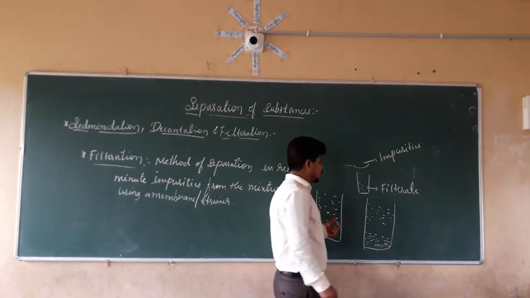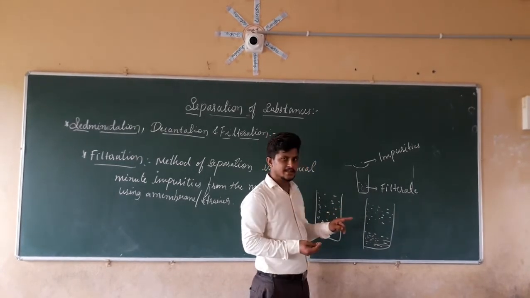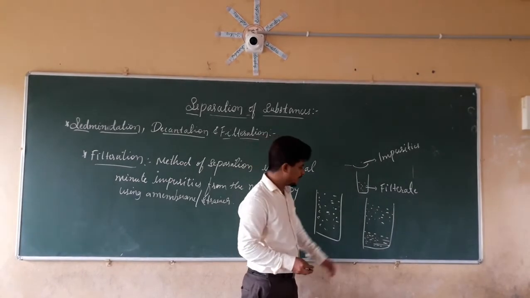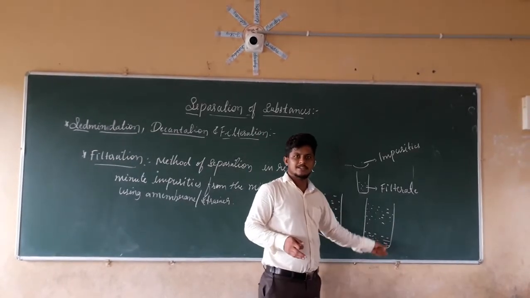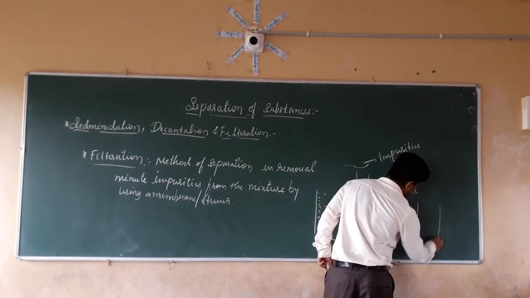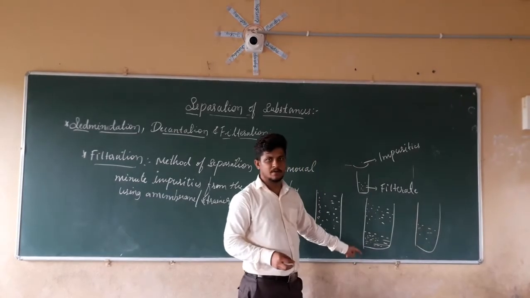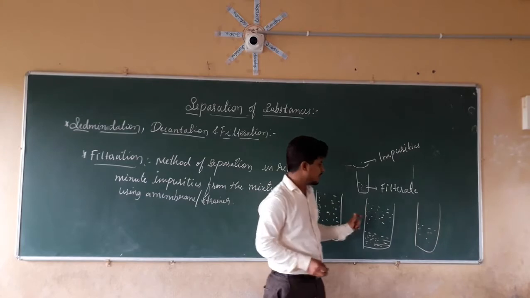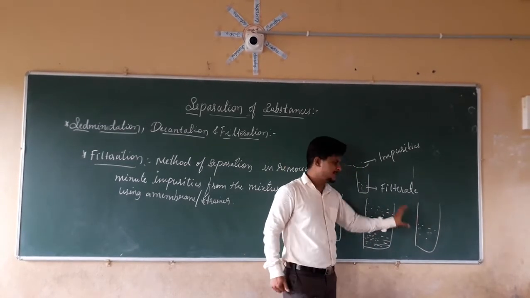So what are we going to do? We are going to tilt that container. Whatever water is present here will be removed from here, so that the soil particles are left separately and this water is separated. So this is one method of separation. Now we have taken the water here into another container. This is the upper water, and the sedimented, solid particles which settled down will remain there. So we have separated them by decantation, by pouring from this container.